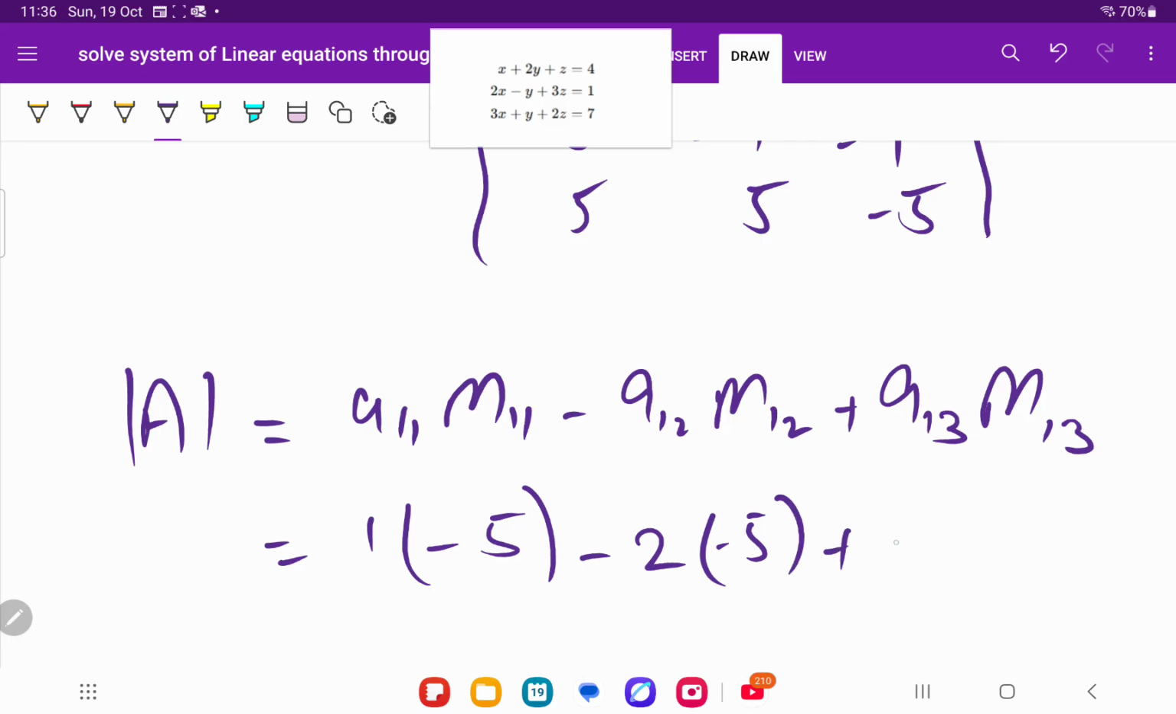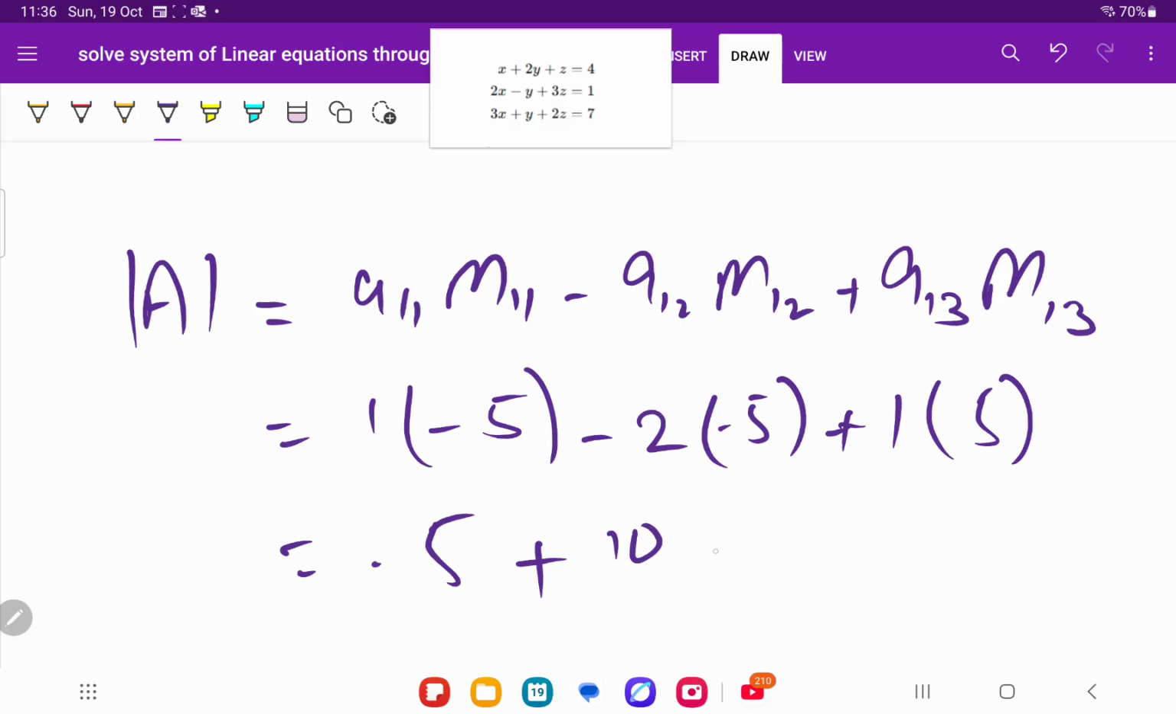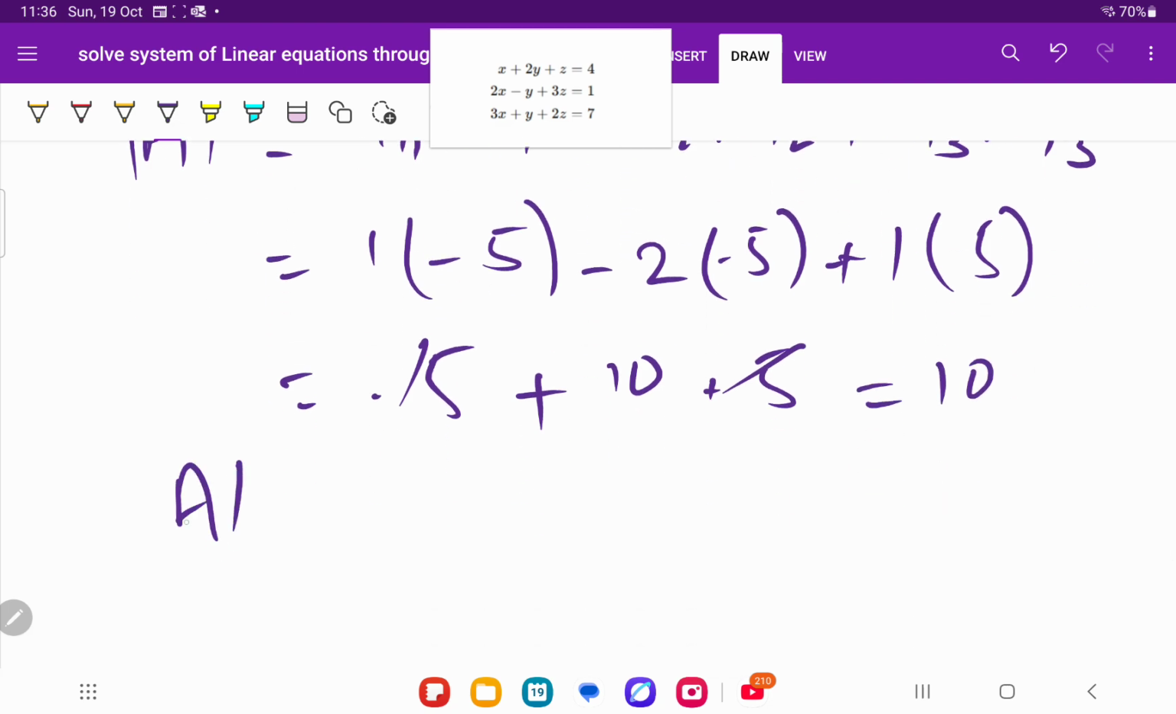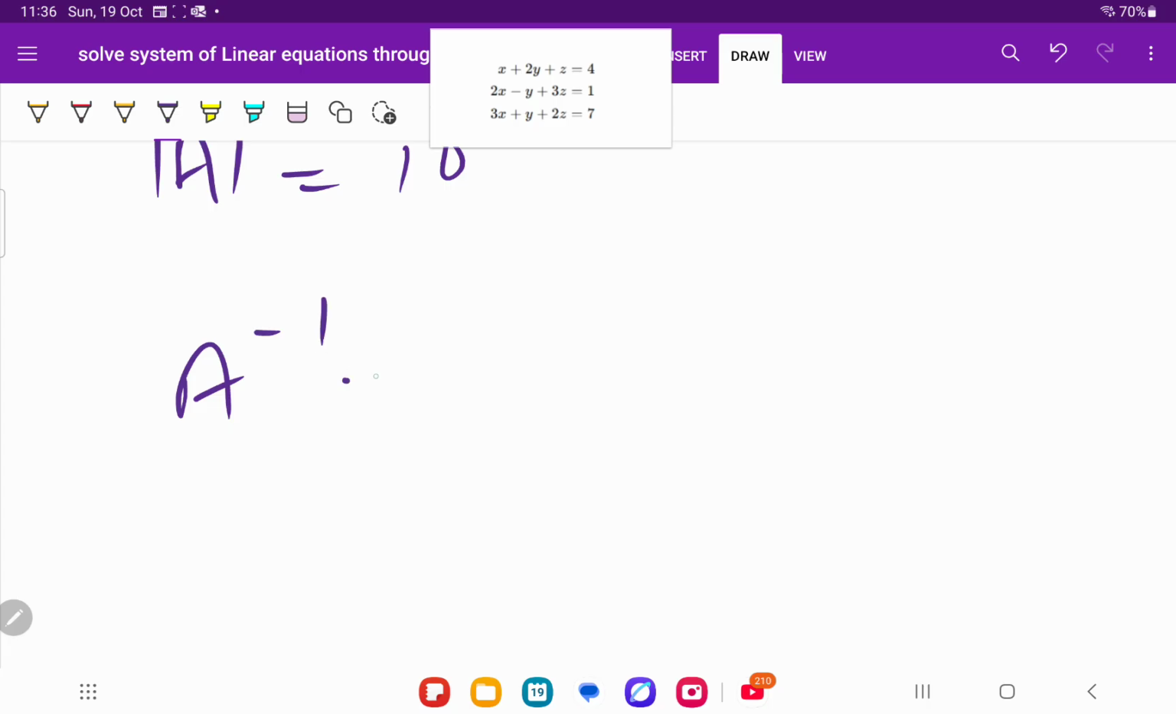And A13 is 1, and M13 is 5. So we have minus 5 plus 10 minus 5 plus 5, minus 5 will cancel. So we are remaining with 10. So A determinant is equal to 10. A determinant is 10. Now the inverse is